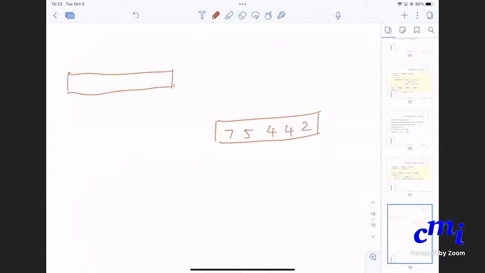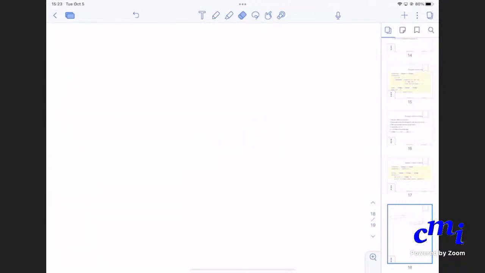So suppose you, to begin with, put this 2 here, the rightmost. Instead, I should actually suppose you start out with 0 here and 7544.